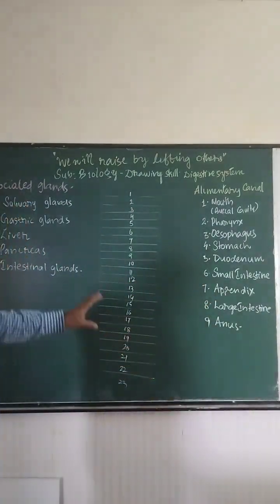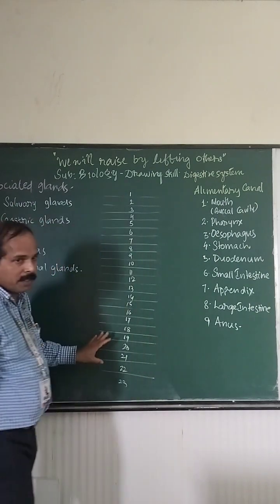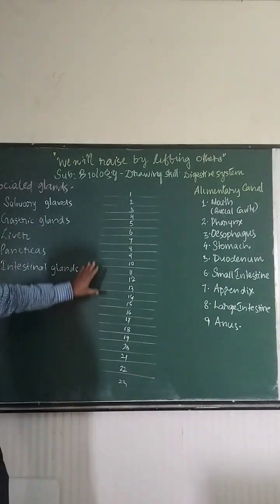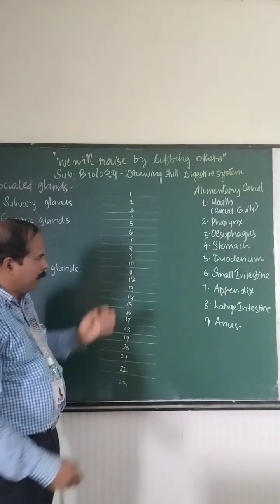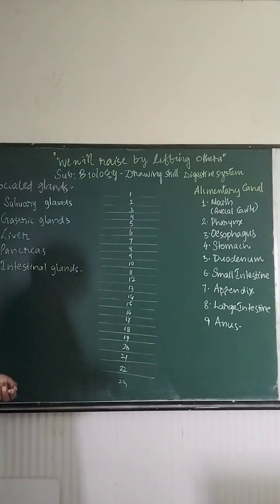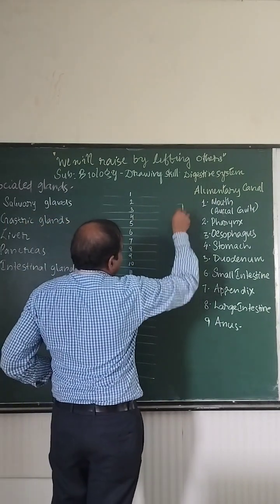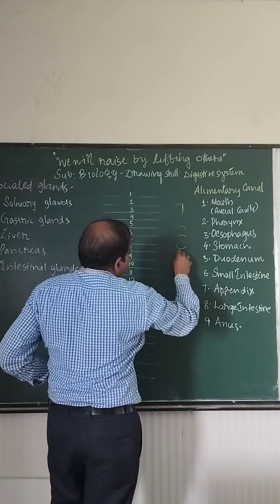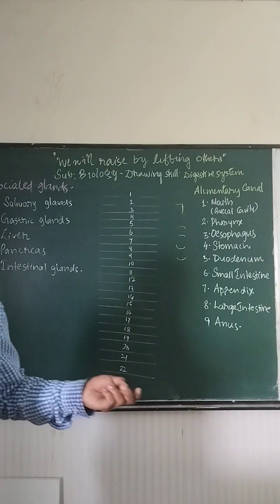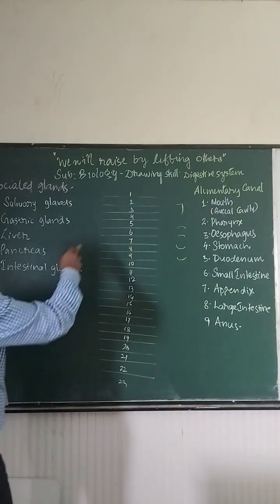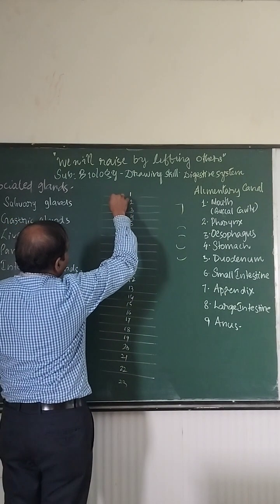We'll start. Here is a typical sheet of your notebook, ruled sheets of 1 to 23. I have just numbered. So we'll start with the diagram by making use of simple sevens. That is 7 and so many curves, C. So with this, how to draw it? Okay. I'll start with the 7. 1 7 I am starting from.